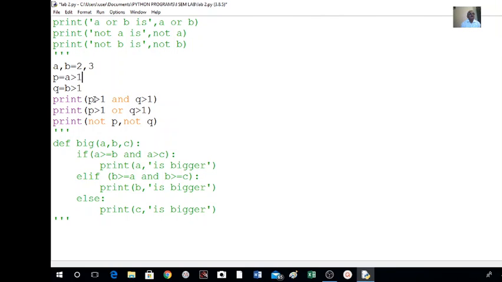A greater than 1 and B greater than 1, A greater than 1 or B greater than 1. I am not using P here. Okay. Run this program.